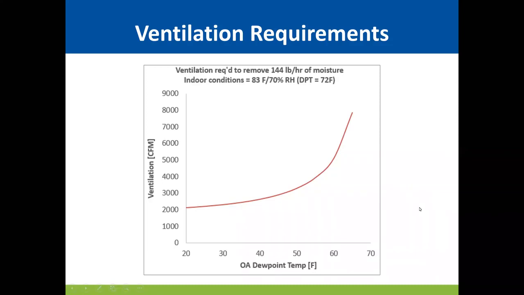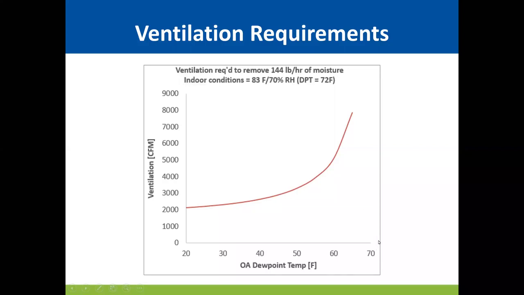So we had a little project in Maine where we were looking at heating and ventilating a greenhouse. And we plotted this chart that looked at ventilation versus the outside air dew point temperature. Inside, we were trying to control to 83 degrees and 70% relative humidity. That's awesome. I wish all my growers would want this vapor pressure deficit. And this equated to a dew point temperature of 72 degrees. On this chart, that would be over here.